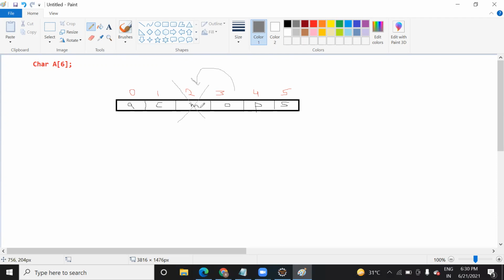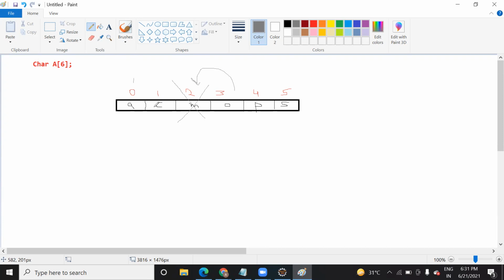You need to ask the user to enter the index that you want to delete. Once the user enters it, then you need to check whether the index is the last index or the first index. Because if it is the last index, then you need to enter the element at size minus 1 or size minus 2, plus 1 will be here. So you need to add the element here. If the index is the starting one, suppose you delete an element here itself, then you need to add like index i plus 1 and you need to add the element here. Am I clear in what I'm saying?